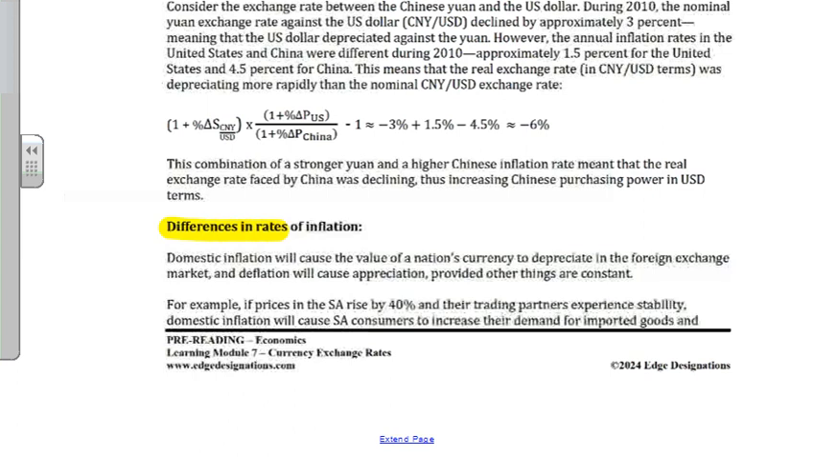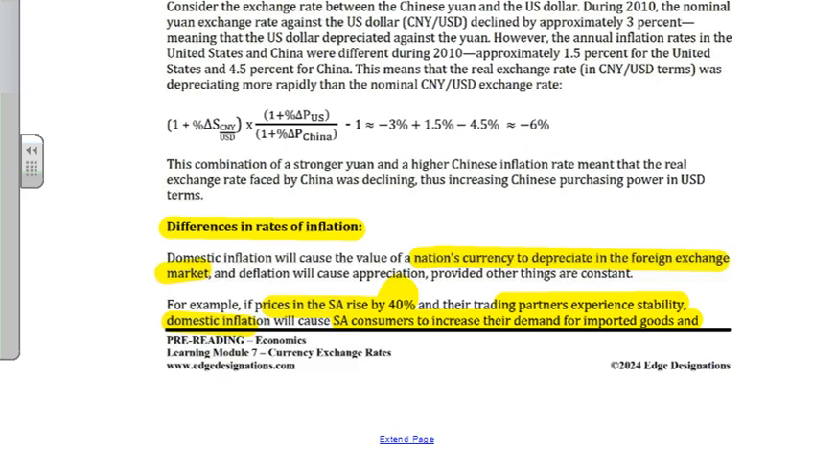Okay, changes in rates of inflation. Domestic inflation: as your prices domestically start to rise, that will cause your currency to depreciate in the foreign exchange market. Let's just say, for example, prices in South Africa rise by 40%, and everybody else has stable prices in the world. This domestic inflation of 40% will cause South African consumers to increase their